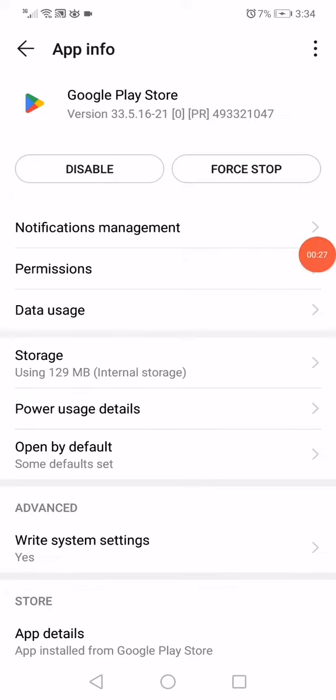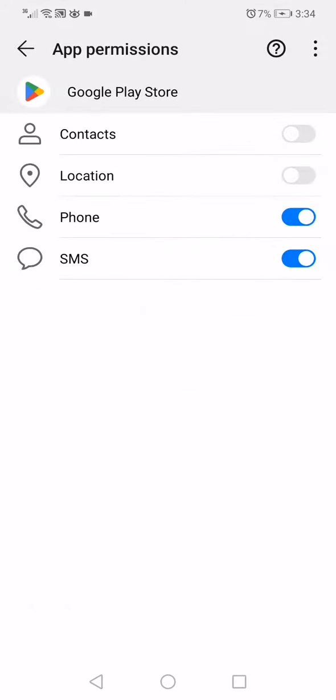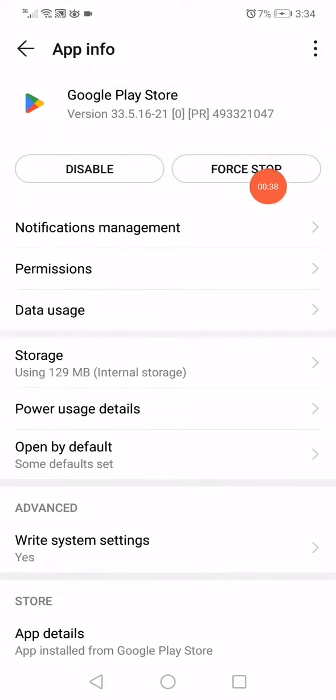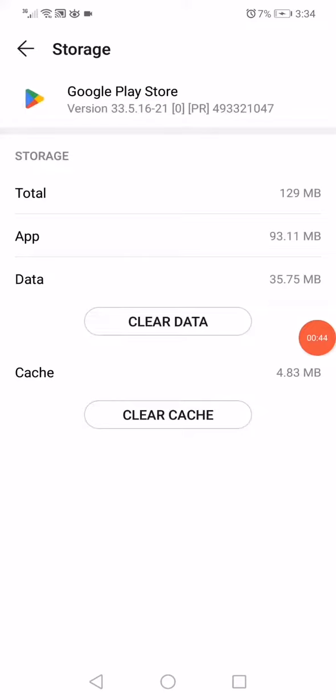First thing, click on the permissions right here, and now make sure that all the permissions are enabled. As you can see, after you enable all the permissions, now go back, click on the force stop from here, and after that you have to go to the storage option right here, click on it, and then click on